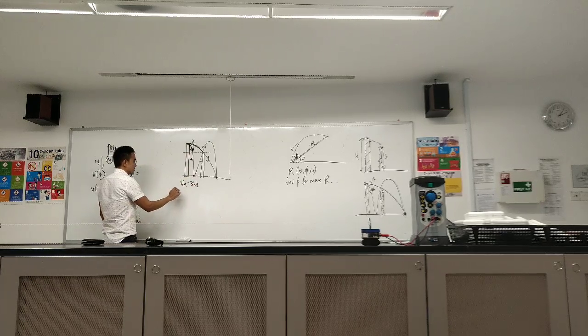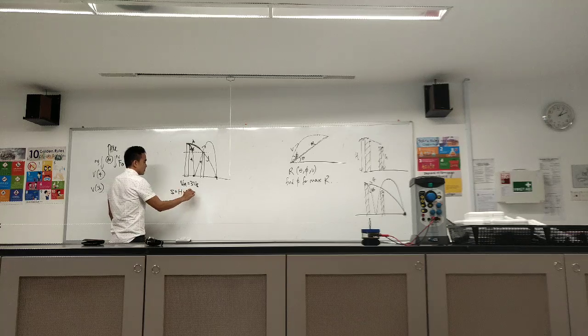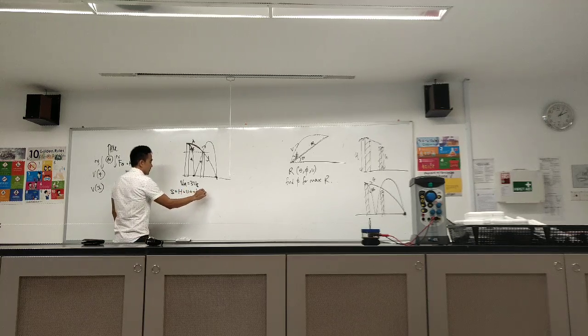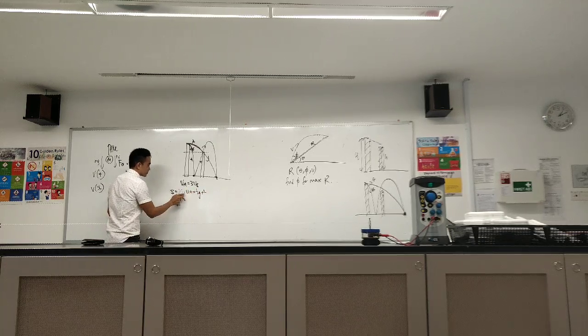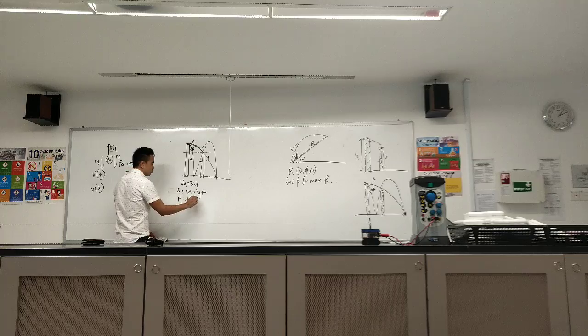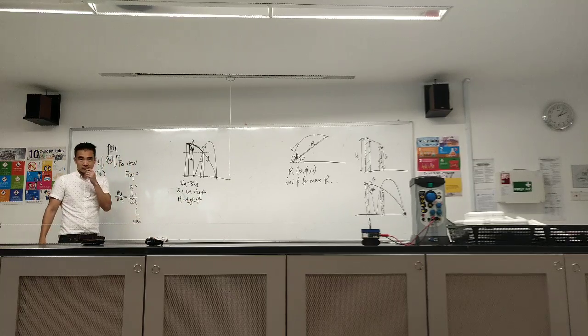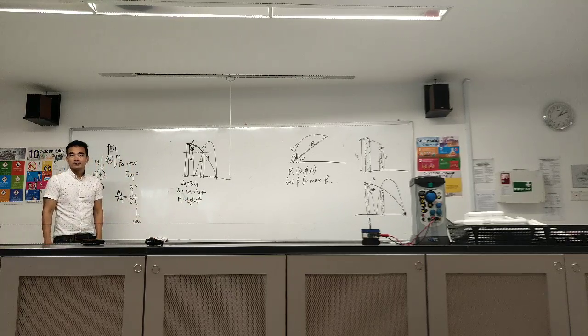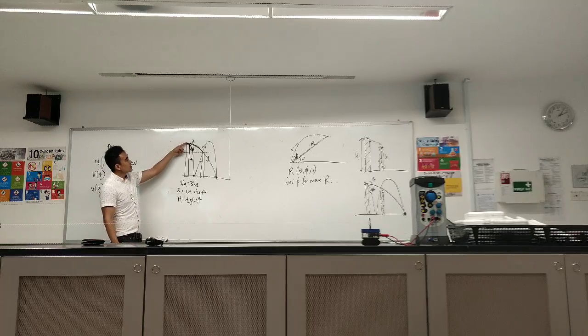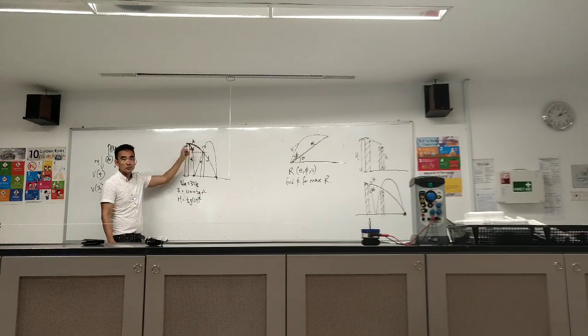So if I use s equals ut plus half gt squared, it will be basically H equals half g (2t) squared. And I take time t to fall through the height difference between H minus